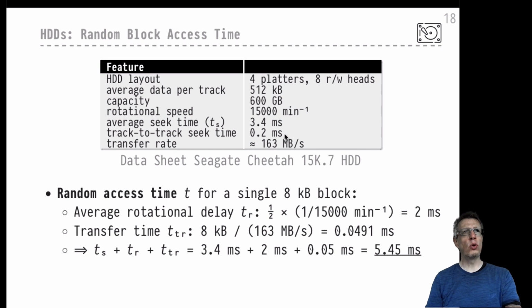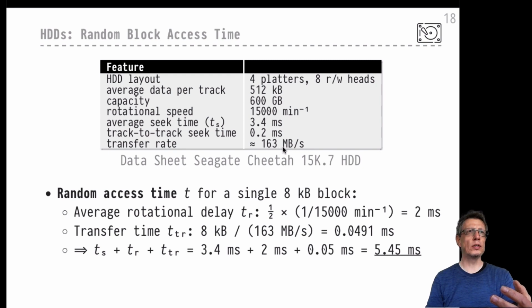But it would only be 0.2 milliseconds if we only need to seek from track to track. Not some arbitrary read-write head movement across the entire platters, but from track to the next adjacent concentric ring, to the next track, that would be just 0.2 milliseconds. Once we've expended all these navigation read-write head operations, we could start reading data, and that would happen at a rate of 163 megabytes per